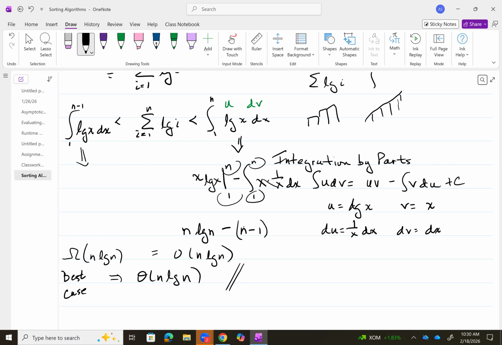But it does wipe out once the 1 and n go in there. But yes, this is,